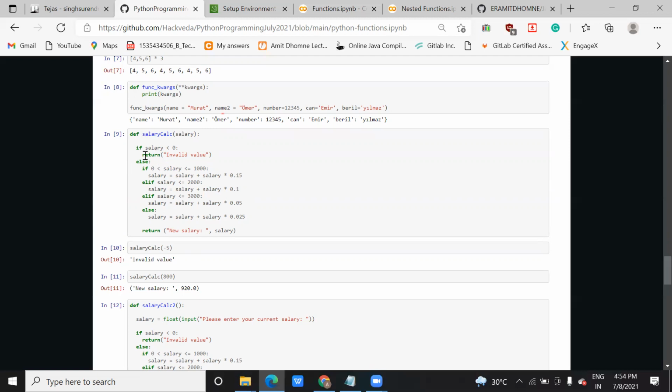If you write anything after return, like a print, the compiler will not read it. Why? Because once it encounters the return keyword, the flow goes back to the function immediately.